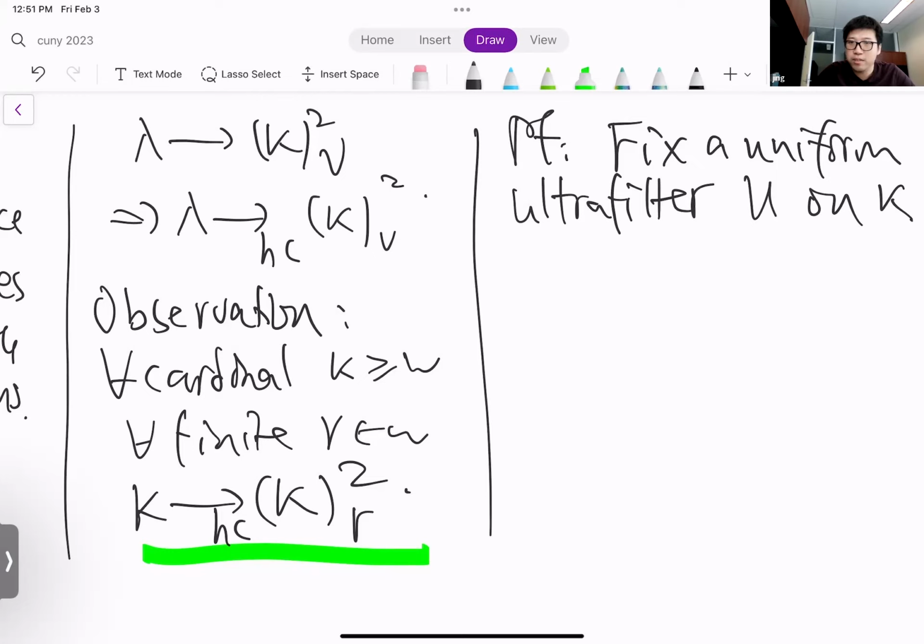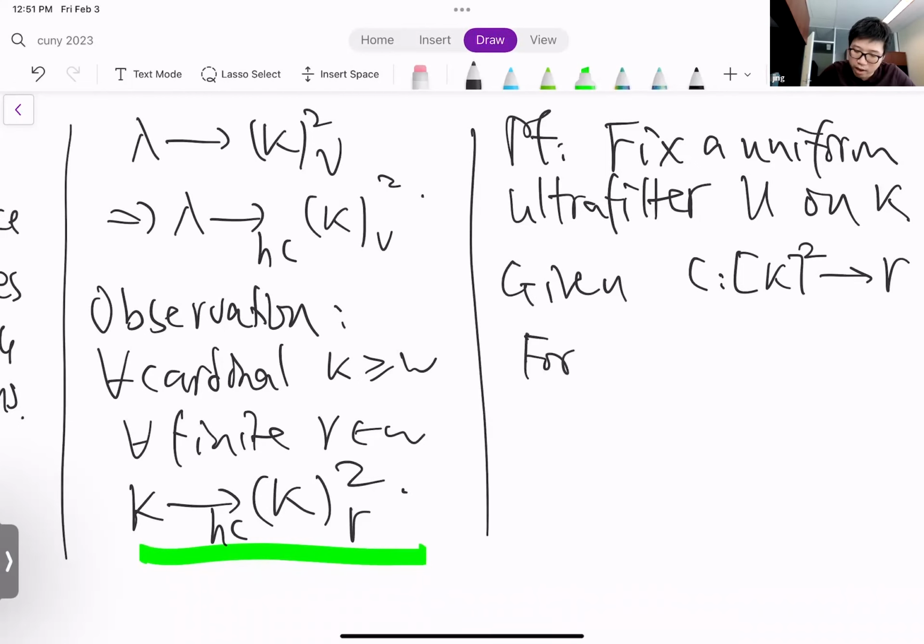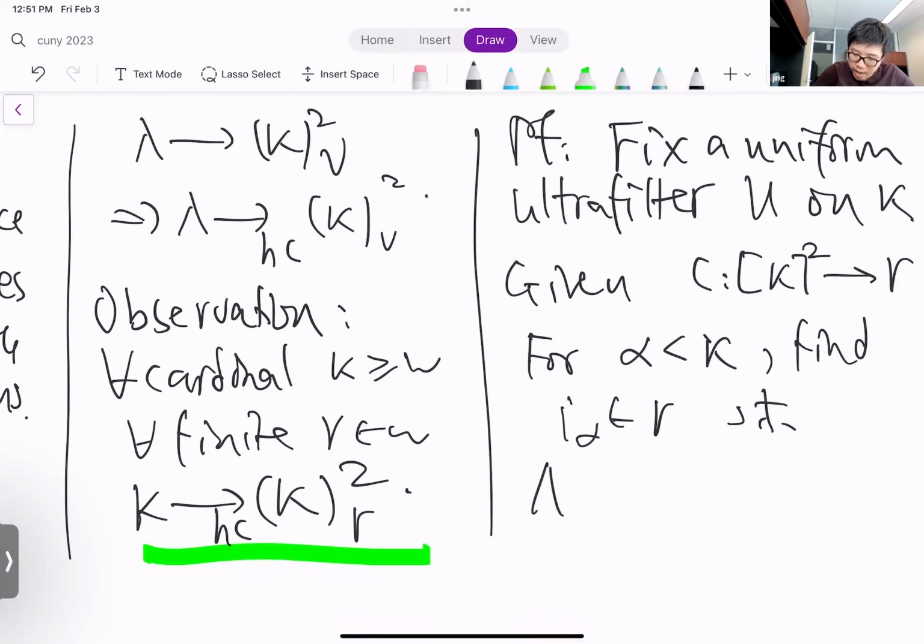And you can easily construct such an ultrafilter by the axiom of choice. And then given a coloring on pairs of kappa into R many colors, we just do the usual thing as we would prove Ramsey's theorem. So for each alpha less than kappa, let's just try to find a popular color. Find I alpha in R such that the set of beta such that C of alpha beta equals I alpha